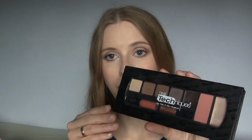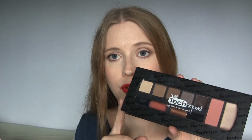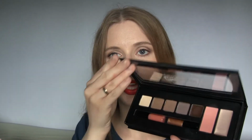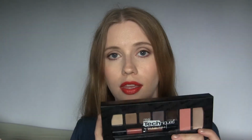And then the last eyeshadow palette that I have is my most recent purchase. It's from the Real Techniques brand and it's the Modern Natural Makeup Kit, and I'm loving this at the moment. It's limited edition, so if you want one of these, hurry up and go online and get it on their website, because I think that's the only place you can get it. So yeah,